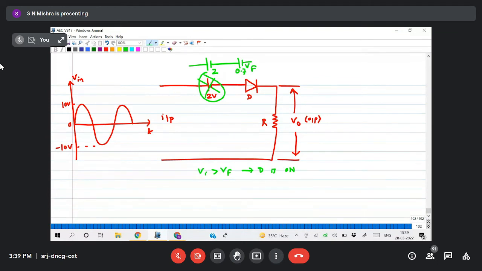So how much voltage do I require to turn it on? 2 volt and 0.7 are in series, so we add them. So it requires 2.7 volt, more than 2.7 volt. Now if you take this as an ideal diode, this 0.7 is 0, so I require more than 2 volt. That is one way. The other way,